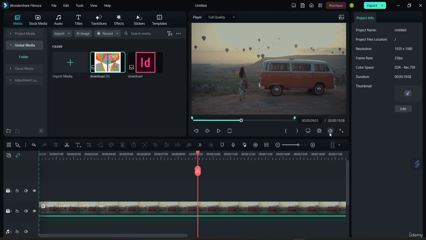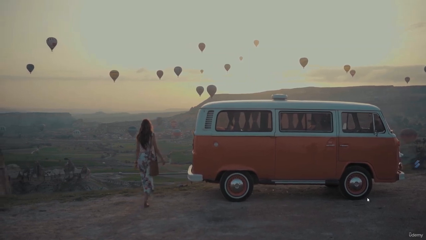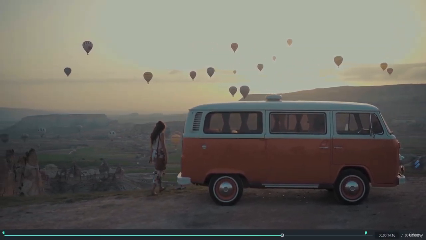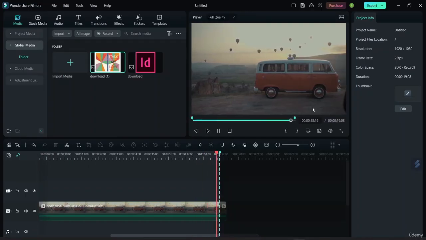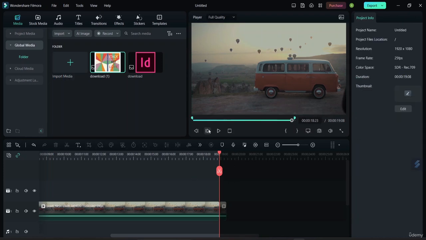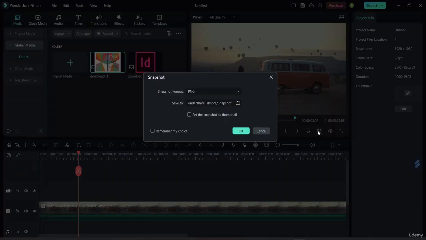And as I was telling you guys, from here I can take a snapshot. So let me show you guys how it will look in full screen. So this is how it actually looks, and we can just click on the space button and we can see the video how it looks in full screen. Then if I want to take a snapshot here,